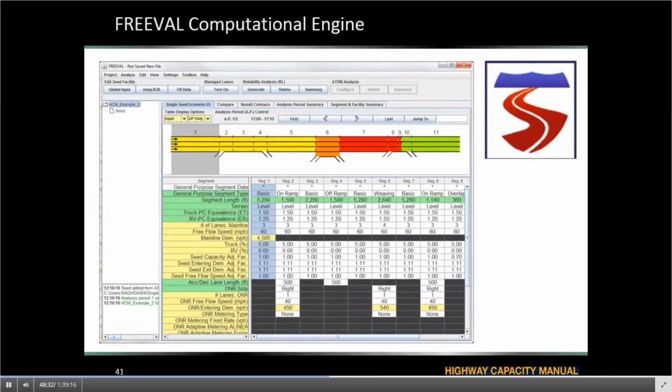These computational engines are meant to replicate the procedures in the HCM, first to aid users in performing analysis, and also to document the detailed procedure in the code. One of the reasons we don't call these a software package or tool is that they are mostly research-grade tools that come with the HCM, and sometimes they don't have support as well as commercial-grade software tools do.